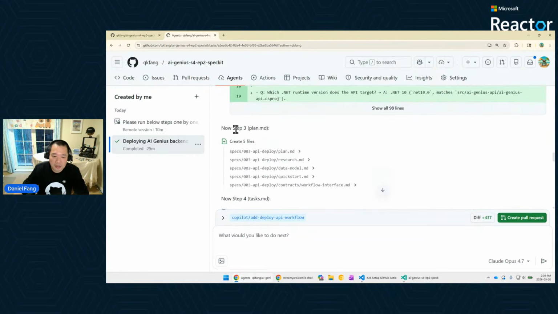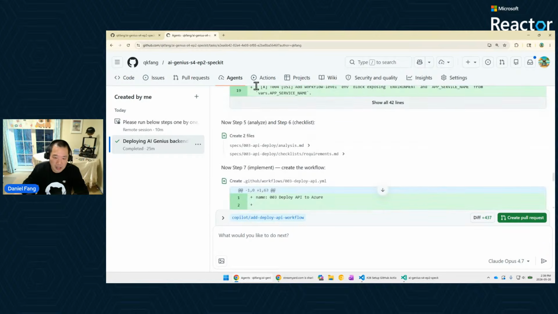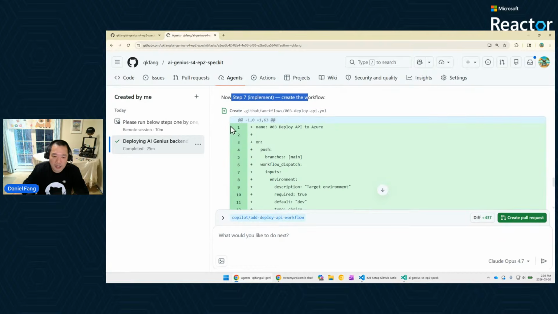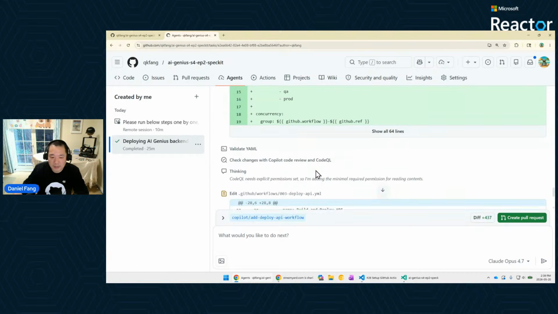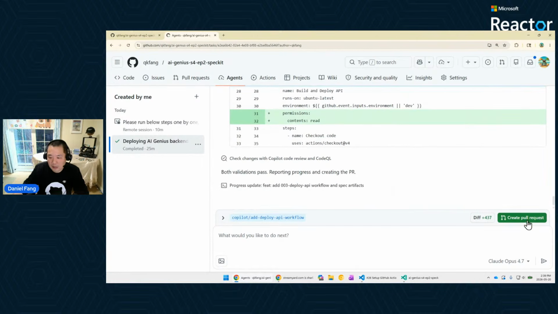Then it follows step 2, which is the plan. Step 3, I think up there, is analyze checklist, 5, 6. Finally, it implements. So the outcome of that, after 20-some minutes, is that it outputs a YAML file, which is our API deployment. And then in the end, it summarizes all the details, and it will give you a